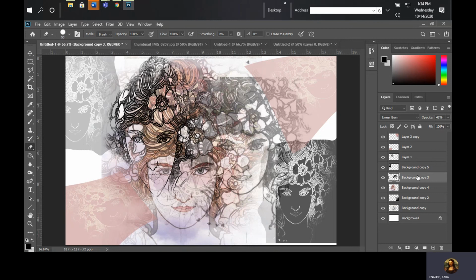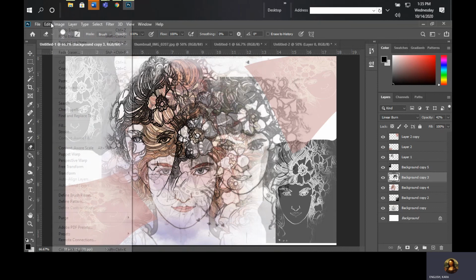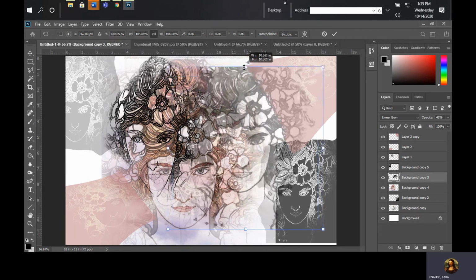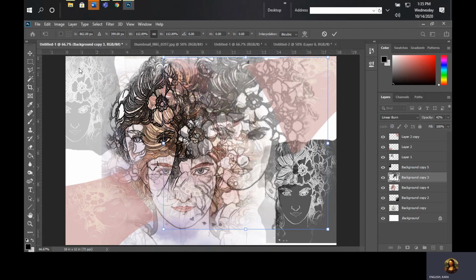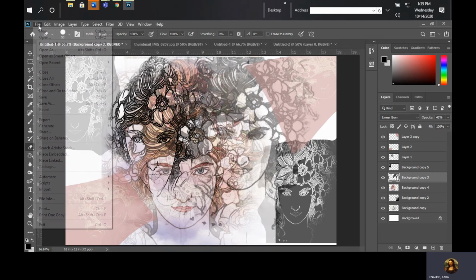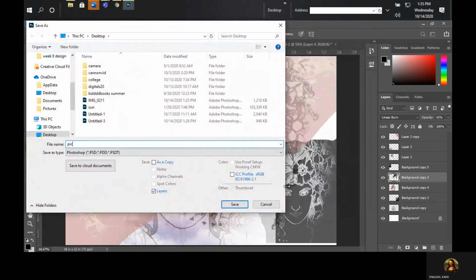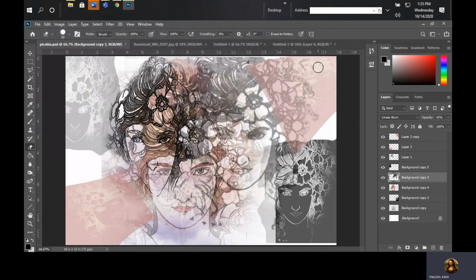Not happy with the top of her head. Free transform. Move that up a little bit. There, I like it better. And save that as the actual Picabia piece. And I think that's pretty interesting, and it definitely has the style of Picabia with multiple images. So I'll just save as. All right, so now if I'm going to go and see what I could do